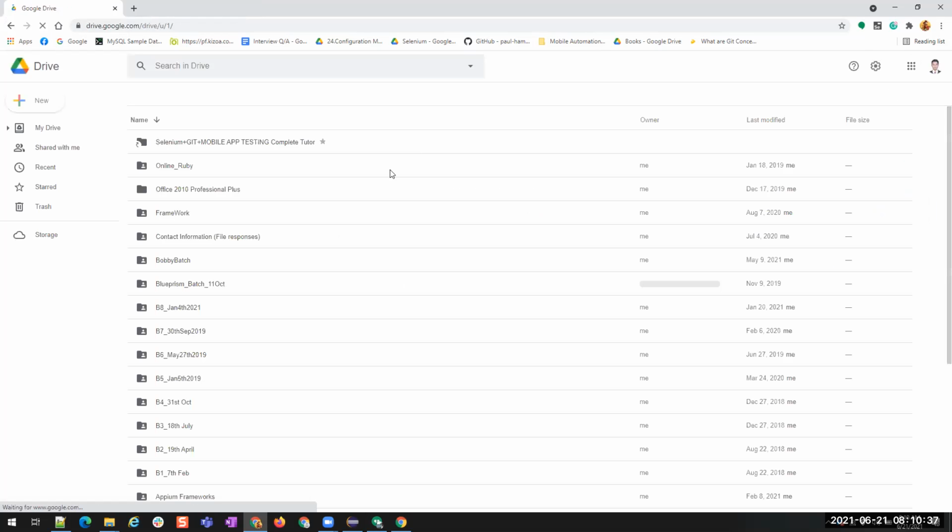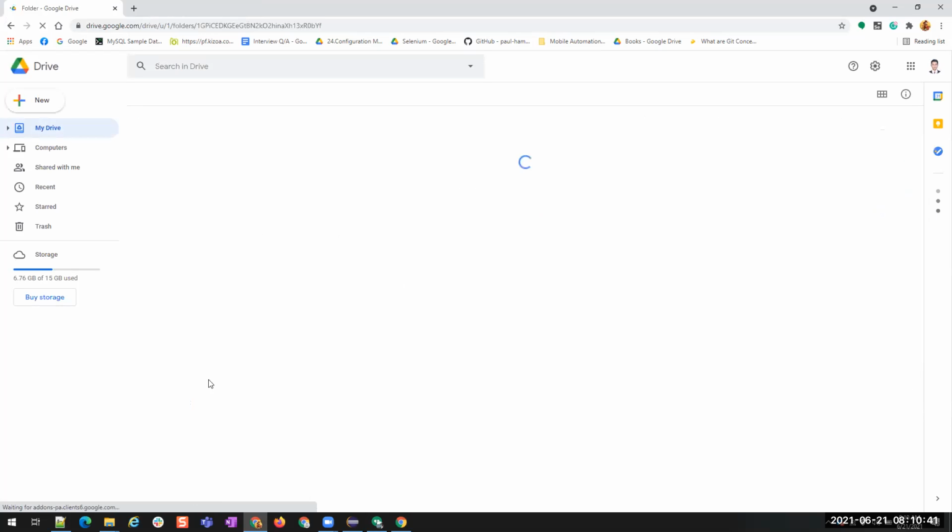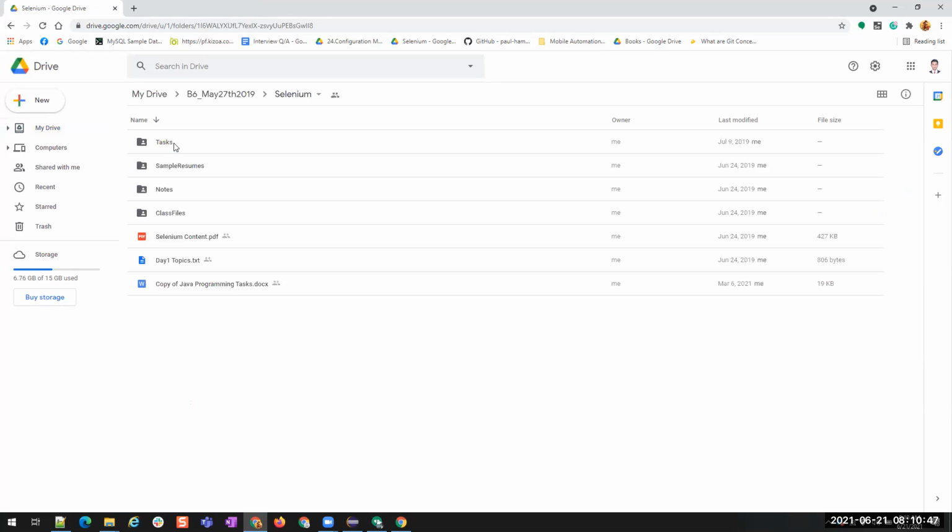So there are two things. One is an Excel sheet and one is the PDF file. Those are the notes and web driver.